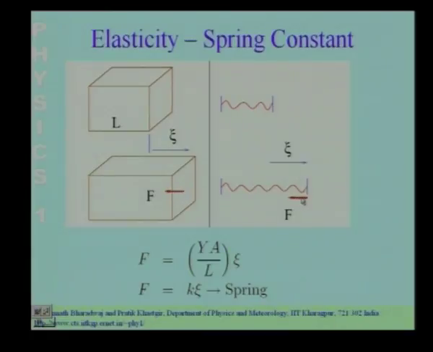So, the force is going to act in the opposite direction. If I have elongated it, the force is going to try and push it back to its original position. And for a spring, the relation between this force and the deformation is through the spring constant K. And if the deformation is applied to a solid elastic object like this, then we can think of this as a spring whose spring constant K,